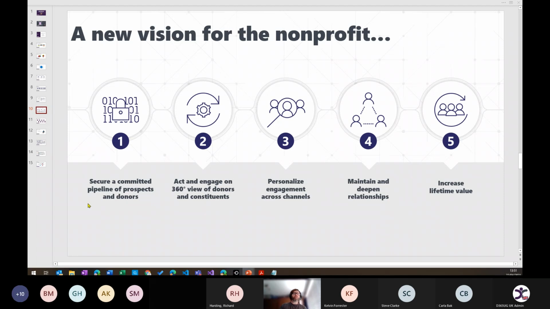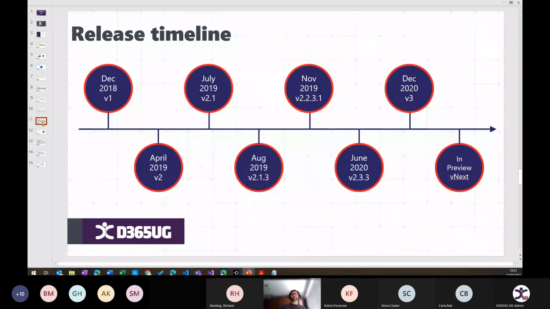The other thing that is worth highlighting is that there might be some people who aren't using Dynamics at the minute, or the Power Platform, and the reasons why you might want to start doing that. So I just wanted to give a bit of a timeline, a bit of an overview of what's happened with this particular piece of tech. The Non-profit Accelerator is almost 3 years old now. It was launched back in 2018. And you can see that it's had regular updates right up until now, and there's another one due to hit soon, which has got some even